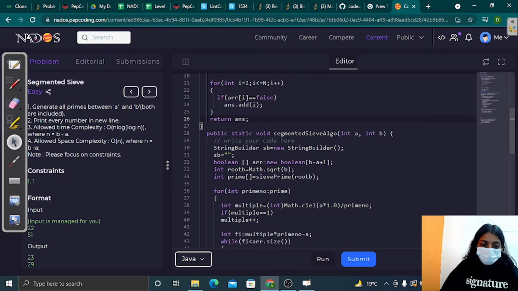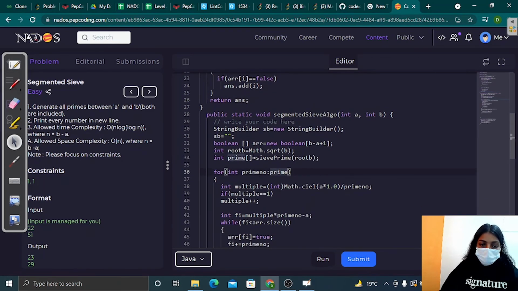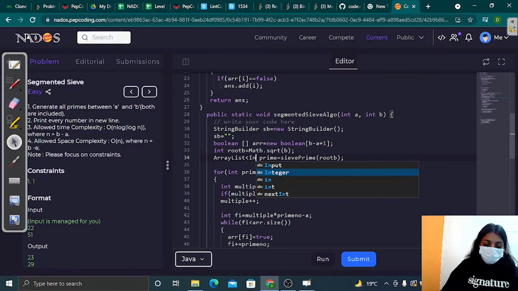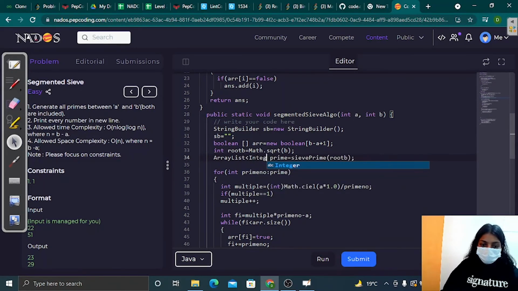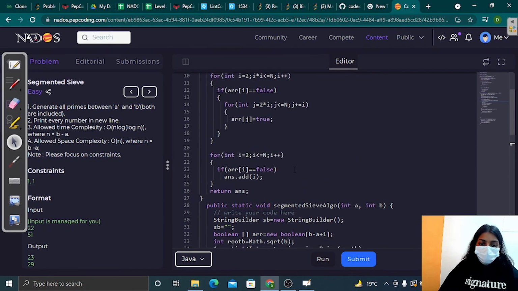And now here I am going to catch it into my array list. Let's name it, type integer. Okay,